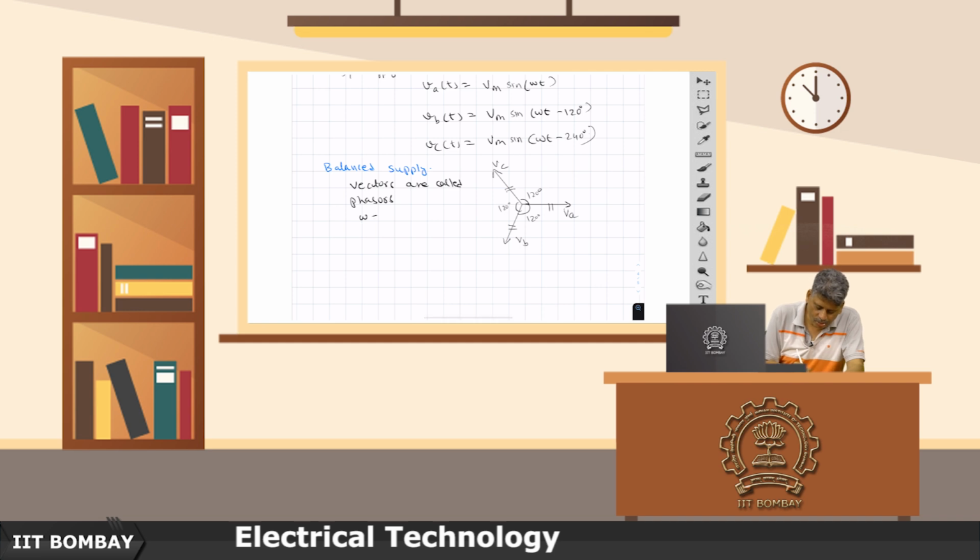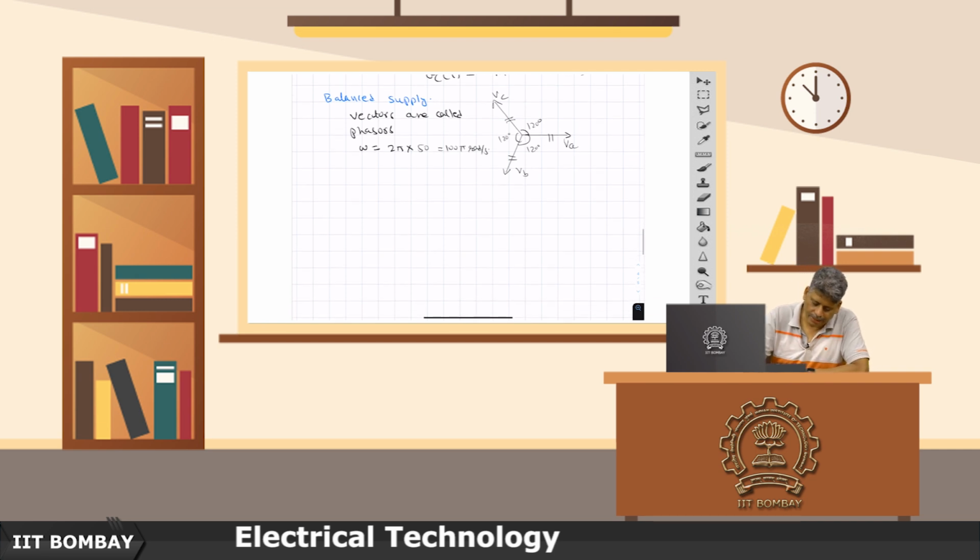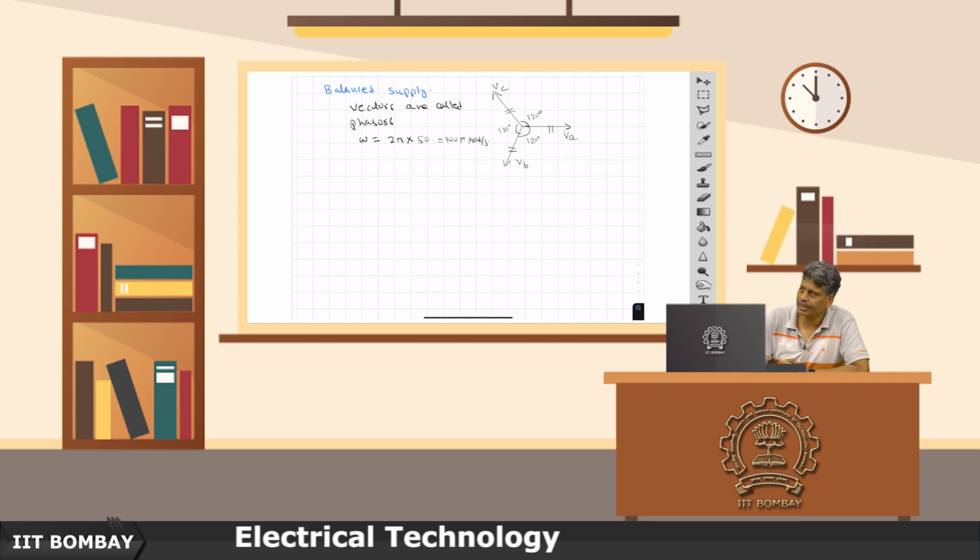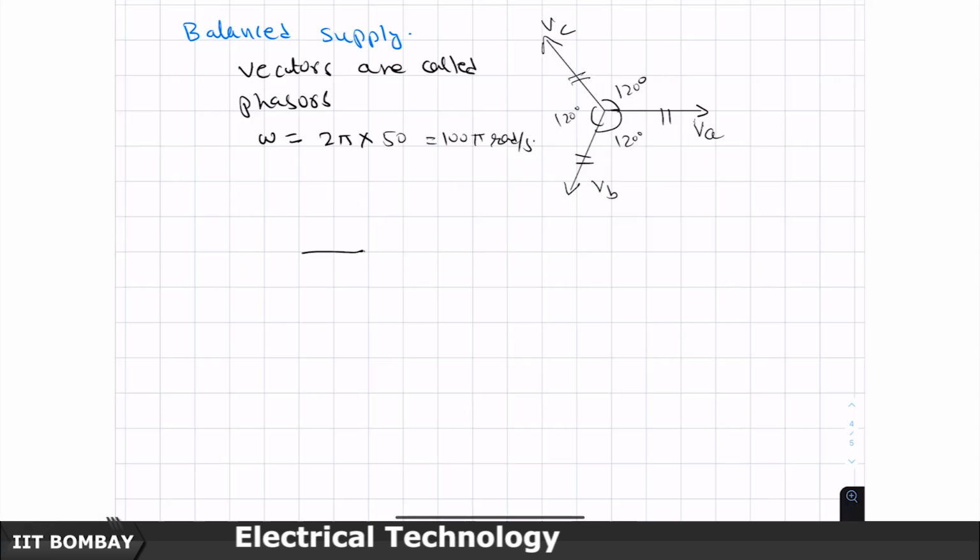Omega, as I told you, all of them have to have the same frequency, which is happening because of the construction of the machine, which in India is going to be 100 pi radians per second. Now today the one question which I am going to answer is, suppose I have a